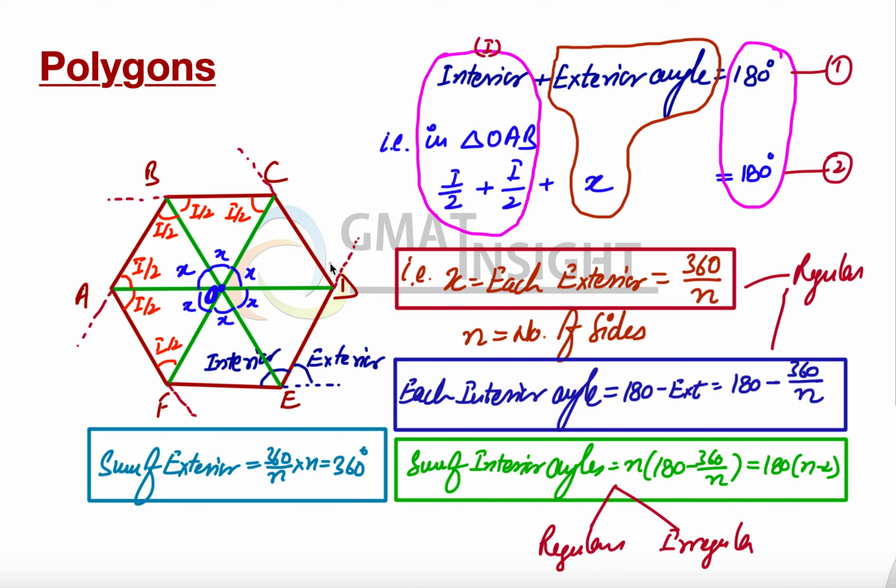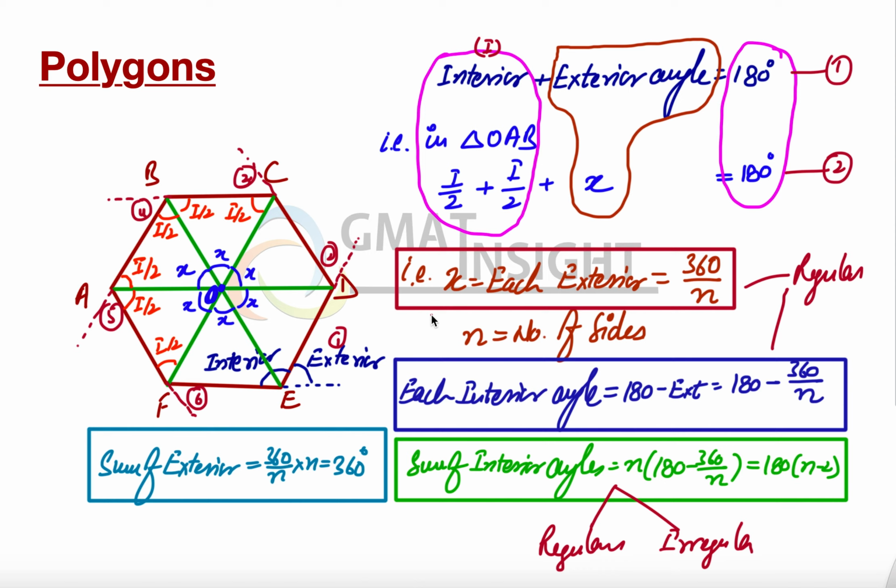That means this is, let's call it, angle number 1, then this is angle number 2, this is angle number 3, this is angle number 4, angle number 5, and angle number 6. The sum of these 6 exterior angles will be 360 degrees. So all the sides are extended in only one direction when we find the sum of exterior angles equal to 360 degrees. These are 4 important properties that we need to know,